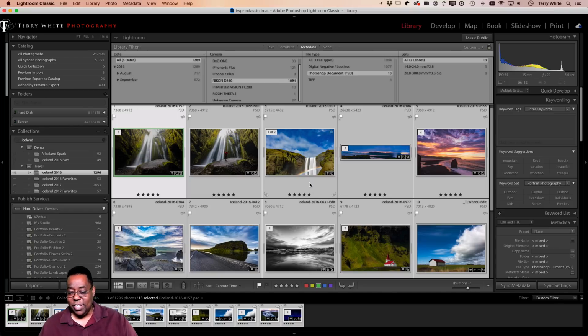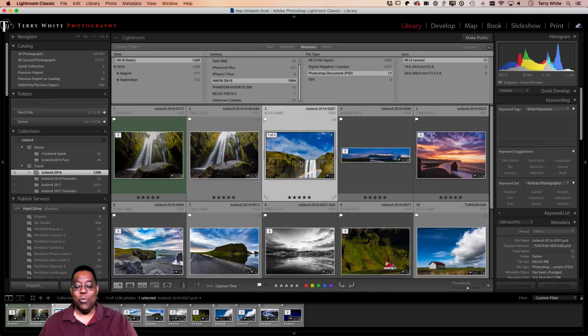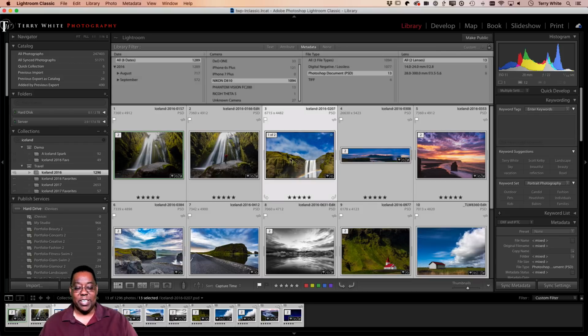Now, when people get all photos selected and don't have one to click on to deselect, they tend to do things like, I know if I hold down my command key and click, it deselects that one, then I can click on that one to deselect the rest. That's too many steps. You can do it faster. So let's say I select all again.